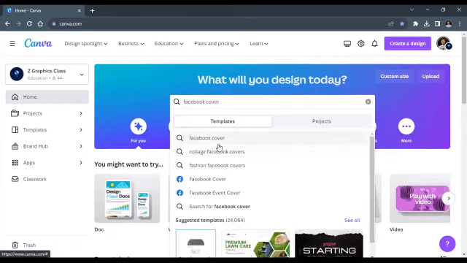You can see here we got some results: Facebook cover, college Facebook cover, fashion Facebook cover, and Facebook event cover. For this we use Facebook cover. Others are categories. Like if you search fashion, then they show you some templates in the home screen for fashion. But we go for the blank page. Then when we go for the blank page, we select a category from there. Okay, just go for the simple